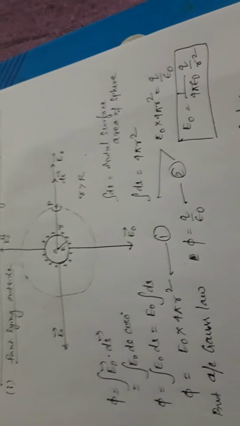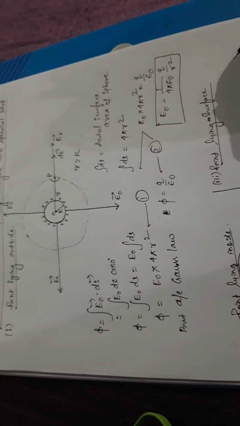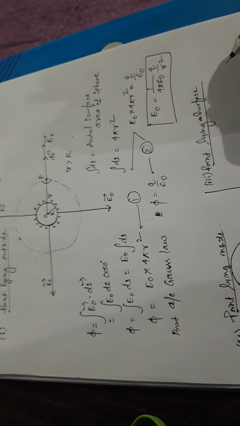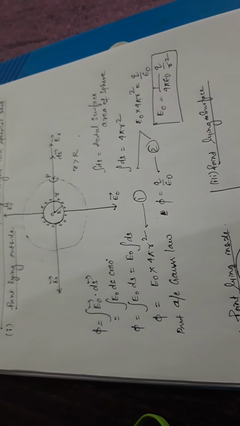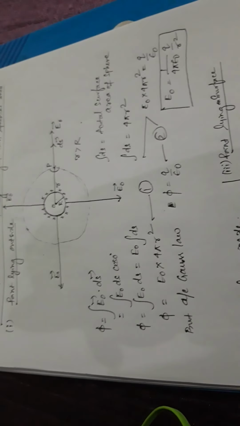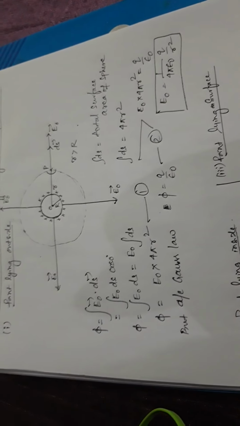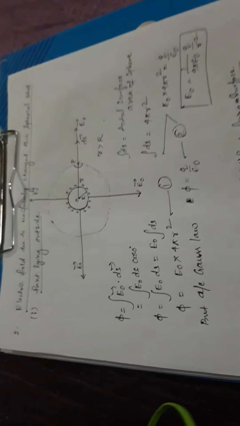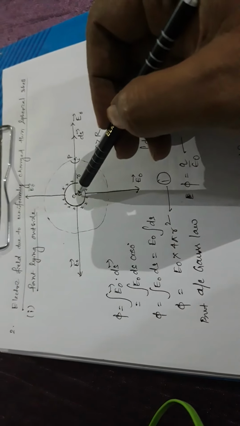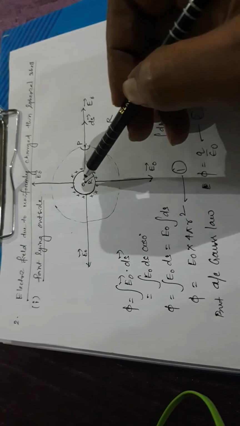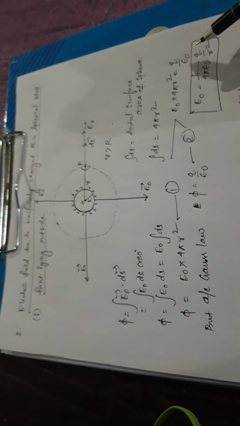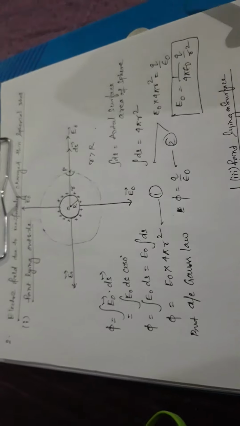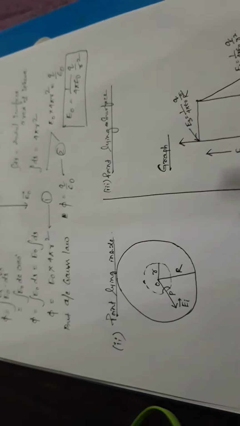That's how you can say that the electric field due to this point charge is the same as that produced by the spherical cell at external points. So for an external point, the uniformly charged spherical cell behaves as if the whole charge were concentrated at the center of the spherical cell. Though the charge is distributed over the surface, not concentrated at the center, from this expression one can conclude that it is as if the whole charge Q is concentrated at the center. Okay, then we will go to the point lying inside.